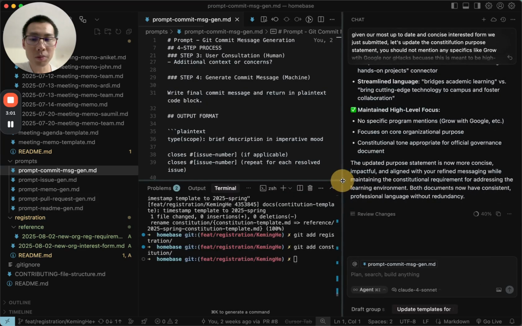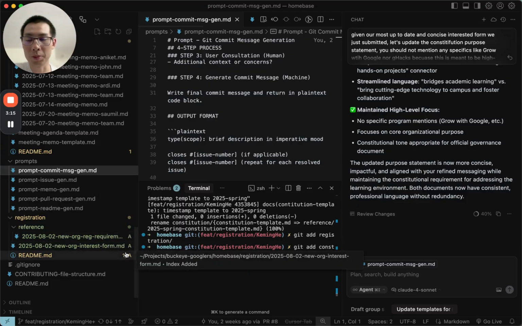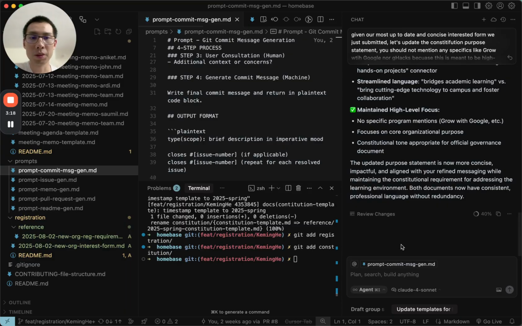So we just added the request form that we submitted. There are also official requirements by Ohio State University on how to write a requirements form. We also added a new README. This is a placeholder. And now we are ready to write a commit message for this documentation-only commit. So what I'm going to do is I'm going to say